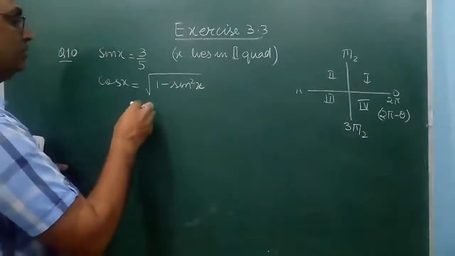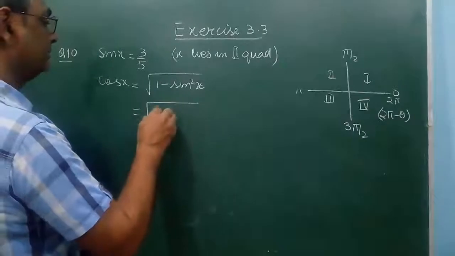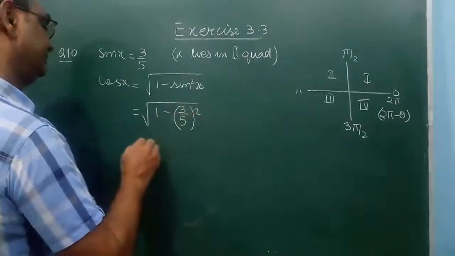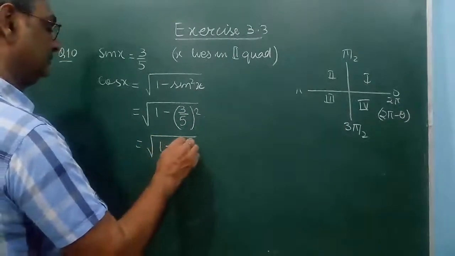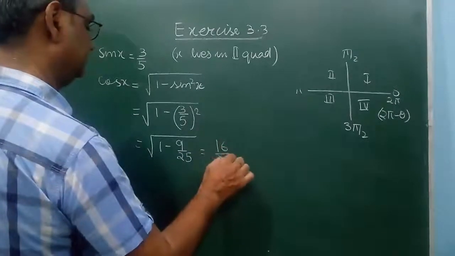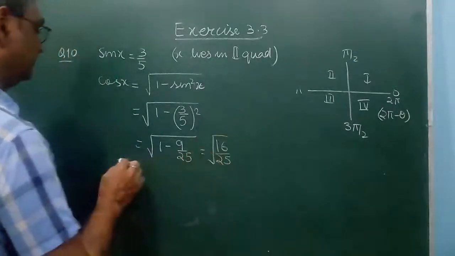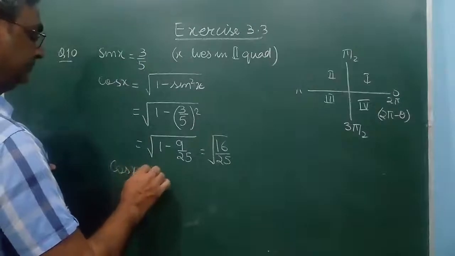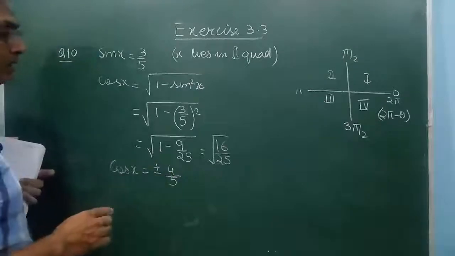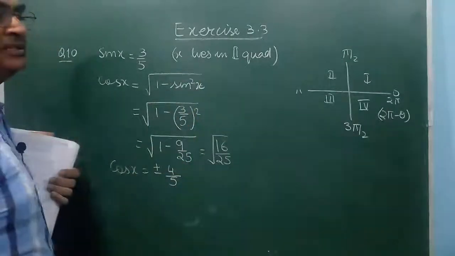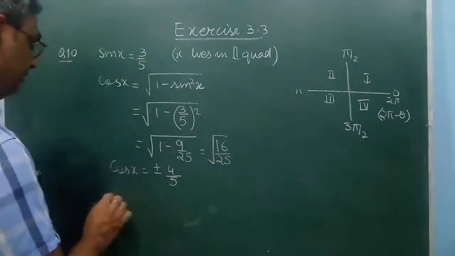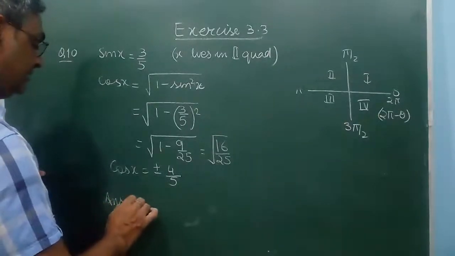So here we will be using that formula. Now this x lies in second quadrant, that means cos will be negative in the second quadrant. So we will be taking answer